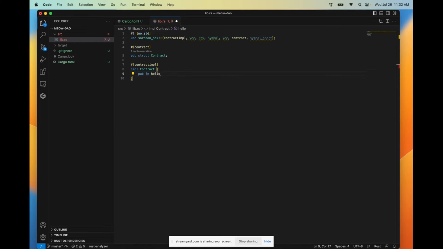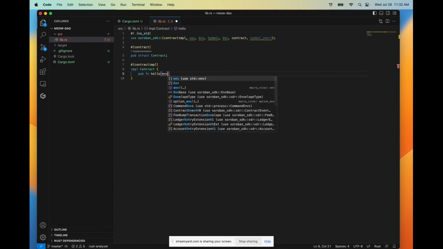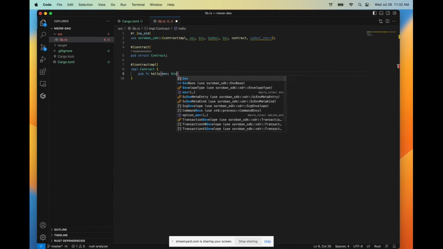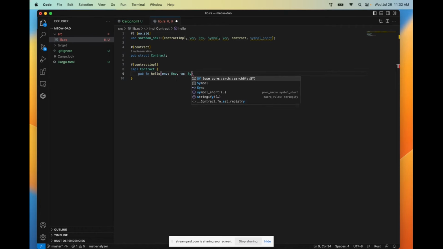We've seen pub before, we've seen fn before in our hello cats original function that we wrote. This pub fn declares a function called hello that has two parameters which go inside parentheses, and those parameters are env of type Env and to of type Symbol. The Env type here provides access to the environment that the contract is executing with, and so essentially every contract written with Soroban is going to take this env parameter. The Symbol type here is basically a short string, and this is what we're going to pass into say hello to. So hello world, hello to a friend, hello to cats eventually.